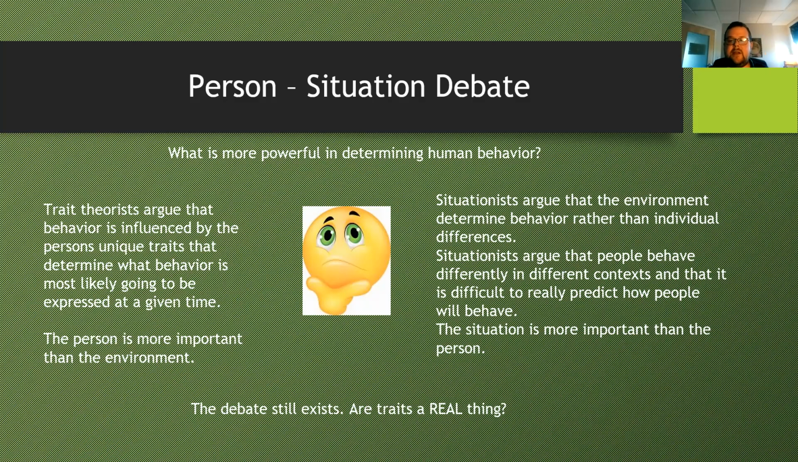Situationists, on the other hand, argue that the environment determines behavior rather than individual differences. So situationists argue that people behave differently in different contexts, and that it's difficult to really predict how people will behave. The situation is more important than the person. So really,